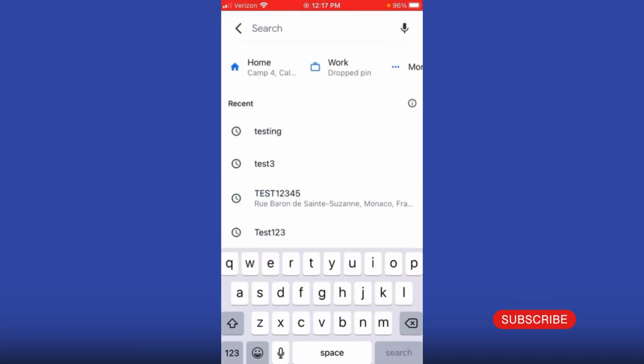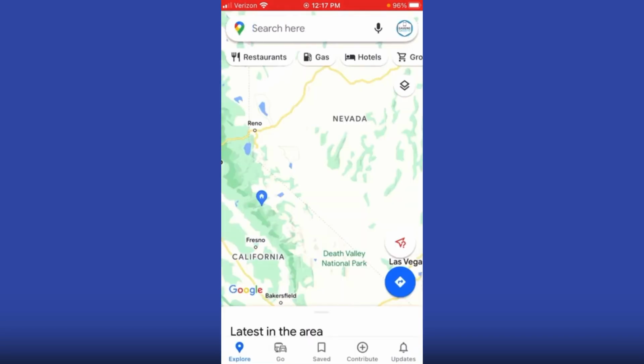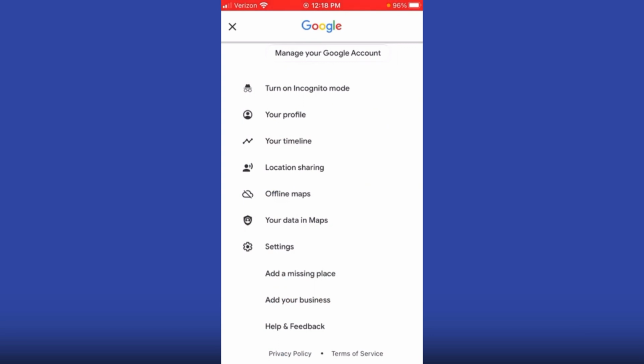So the first thing we need to do to get started to delete our search history on Google Maps is to simply open up the Google Maps app on our iPhone or Android phone and then select your profile icon in the top right of the app. This will open up a new menu in Google Maps where we just need to scroll down and select